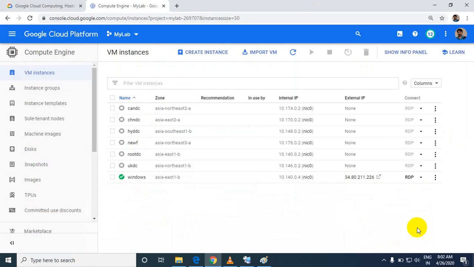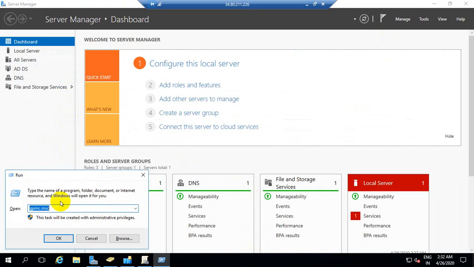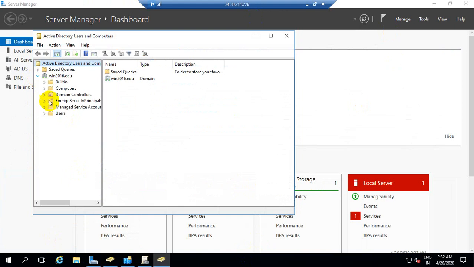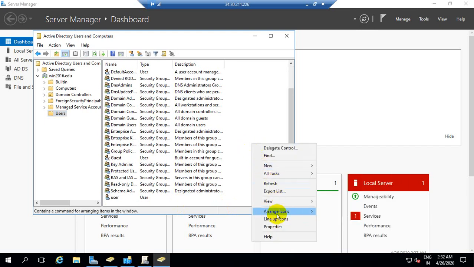So this is the target, and we are going to complete this for today's session. Let's start it. Alright, so enter into this server, click Windows R, dsa.msc. Why dsa.msc? This is for the users and computers creations. Click on domain controllers, click on users, select this. Here you just right click on this,